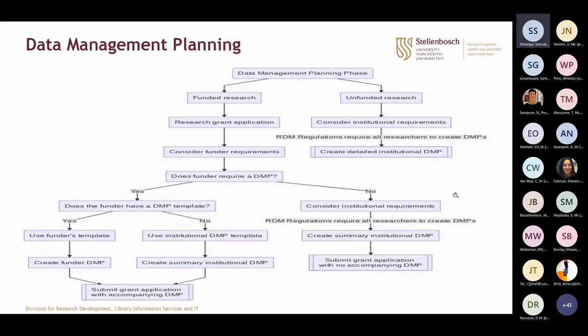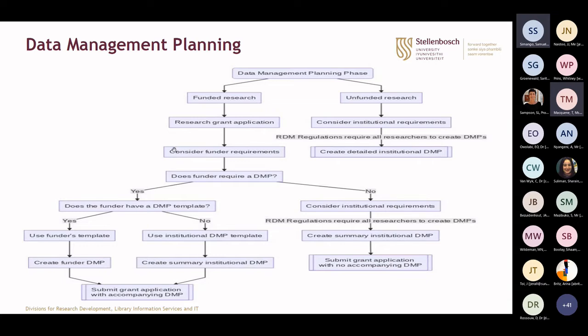The university would have its own requirements in terms of which a researcher could create a data management plan using the university's DMP template. I should point out that such a template does not necessarily exist at the present moment, but that's how the regulations were framed. In the case of funded research, sometimes funders would have their own template on hand,